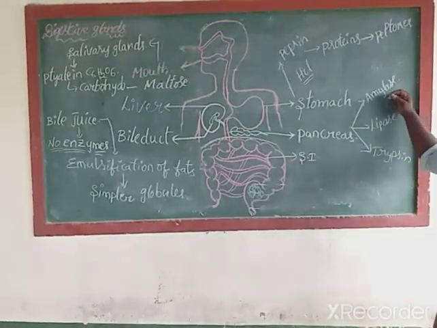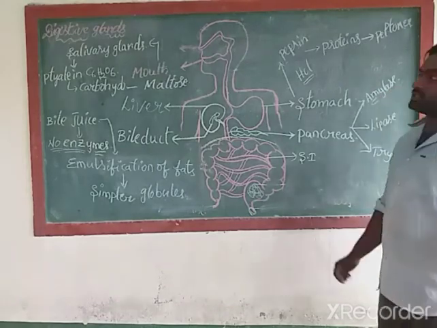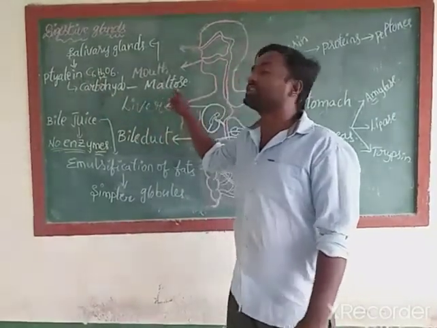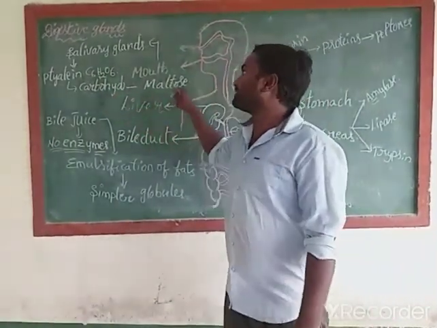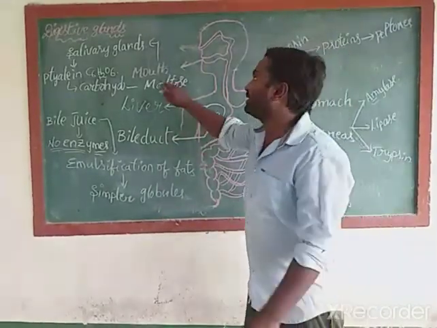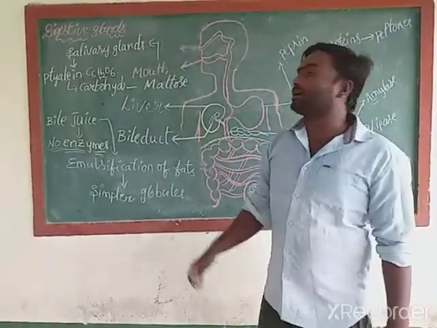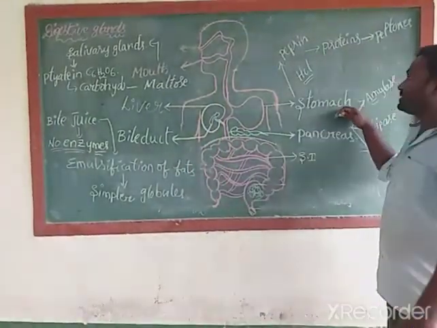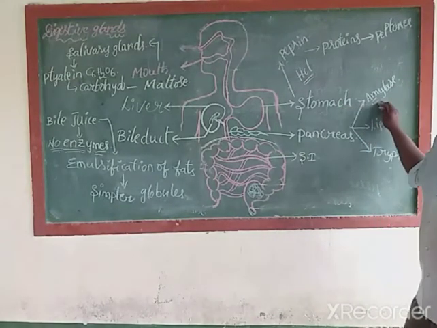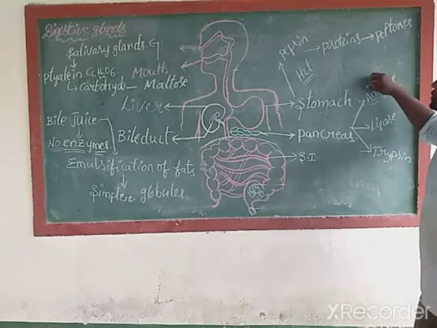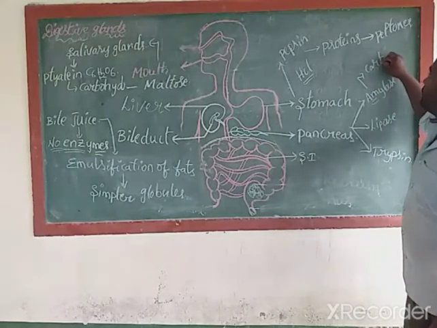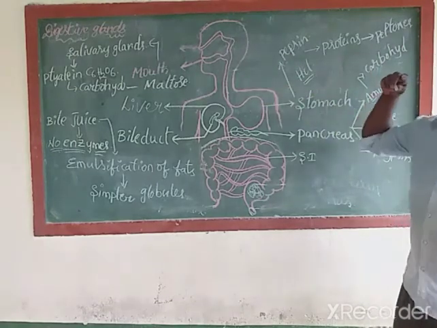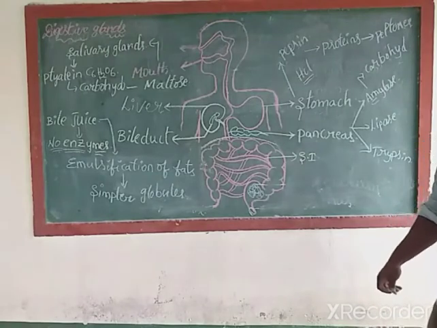Here, what is the use of this amylase? Already we discussed the role of ptyalin. What is the use of ptyalin? Ptyalin is useful for carbohydrate digestion. It converts carbohydrates into maltose. Here 99% of carbohydrate digestion will be completed in the mouth. What about the remaining 1%? The remaining 1% of carbohydrates can be digested with the help of amylase. So it is also useful to digest carbohydrates into maltose like ptyalin.